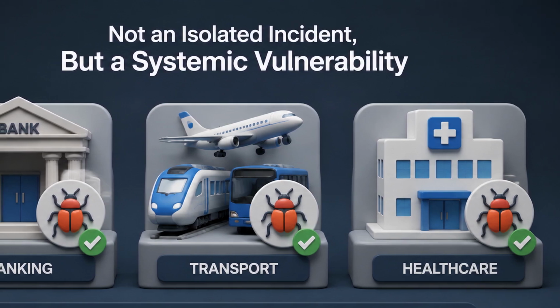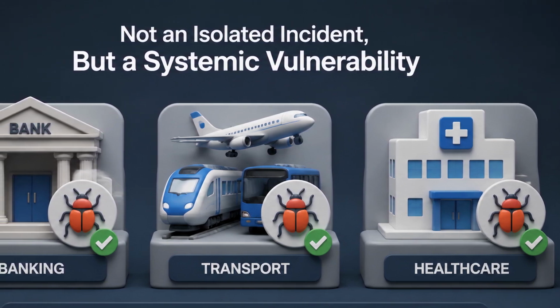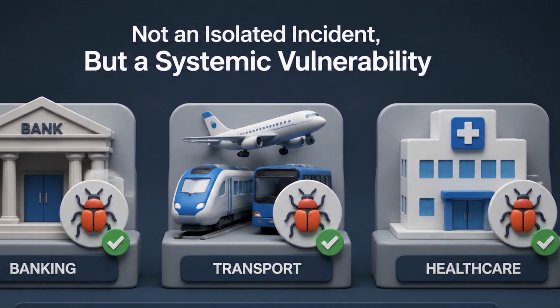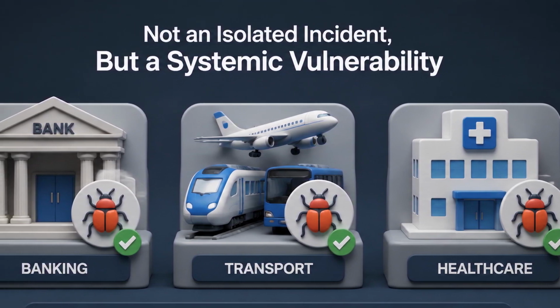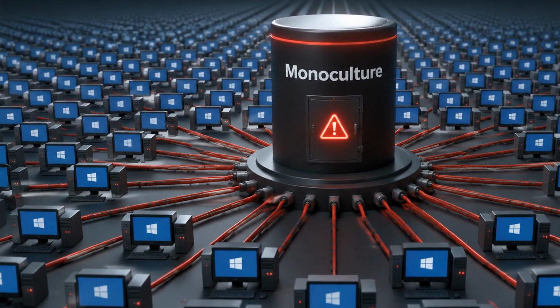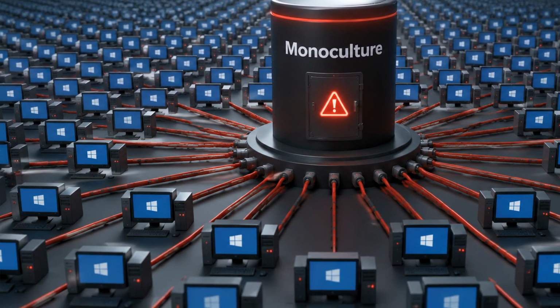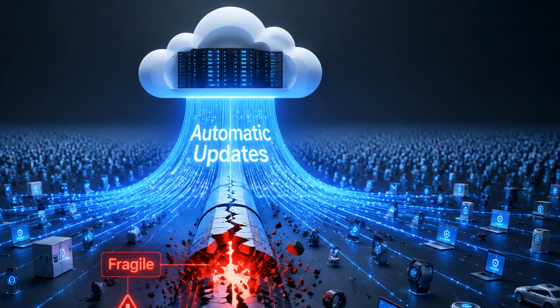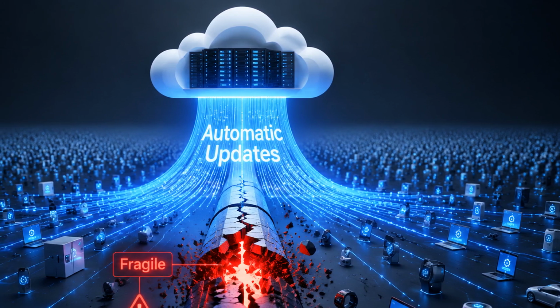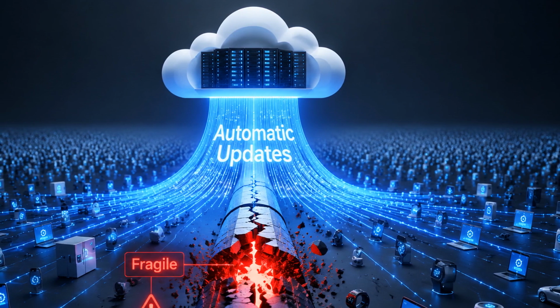July 19th was not really about one bad file, because software bugs and human errors happen in every industry every day. The true issue is that the modern world runs as a monoculture, relying on one operating system and a few security vendors. Everything is wired for instant, global, and automatic updates, which creates a system that is beautifully efficient